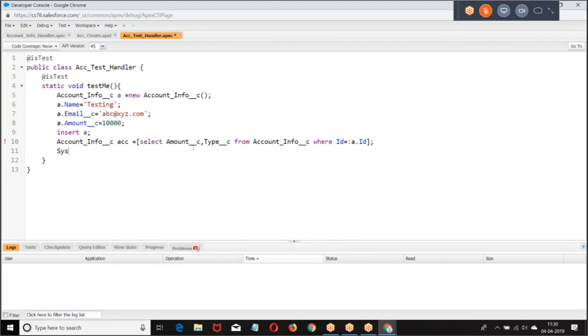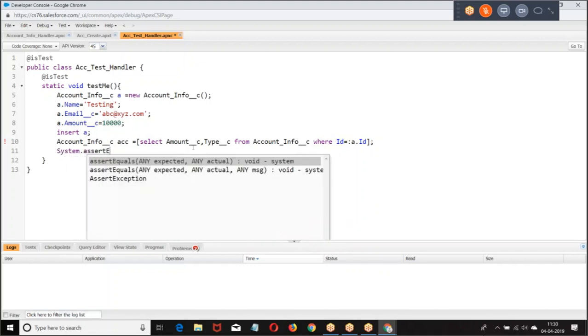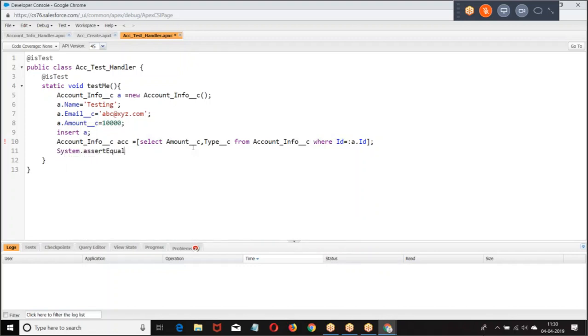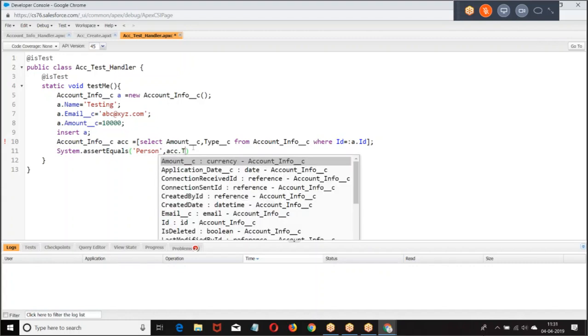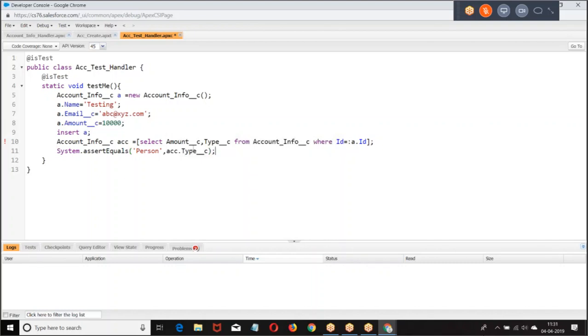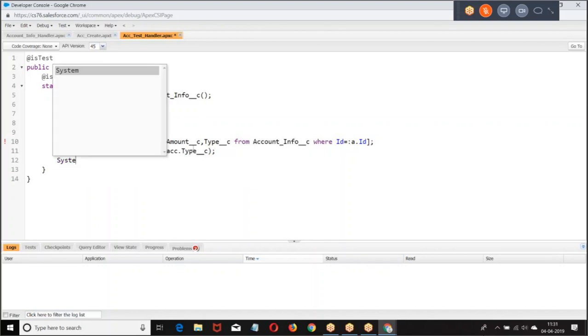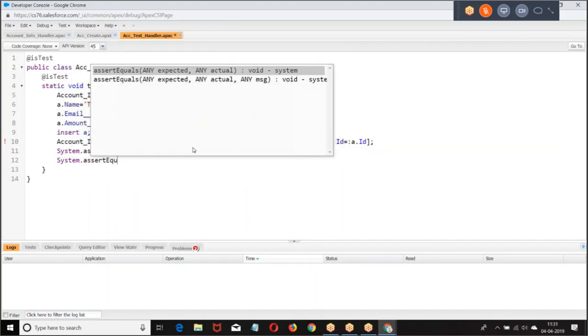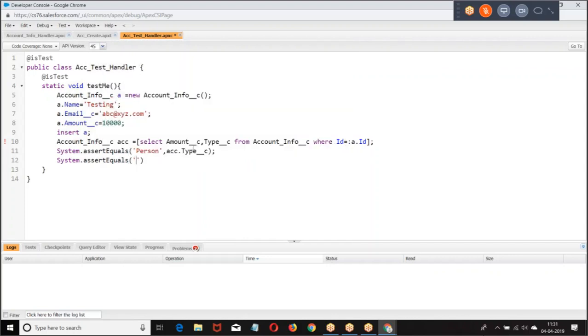Then what we are doing? System dot assert equals.